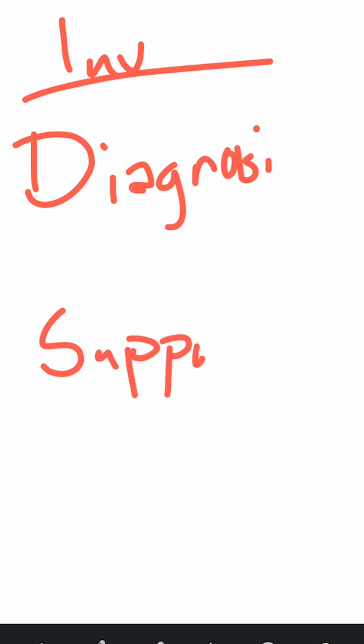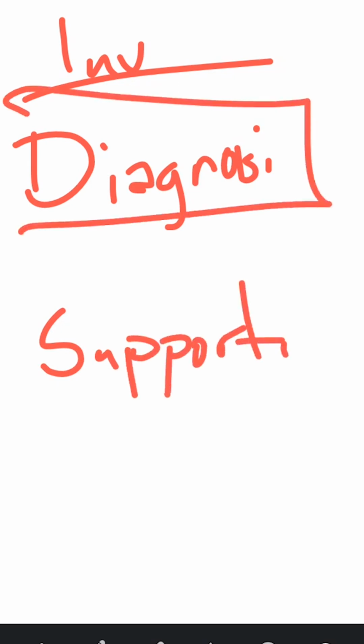Okay, so starting with the investigations of a patient who presents with SLE, the thing to note about this condition is that you have diagnostic investigations and you will have supportive investigations. So let's start with the diagnostic investigations. A patient comes to you with SLE and you want to be sure, you want to diagnose it, outside of the clinical features that you've already thought of pointing towards SLE. A good way to diagnose it is, remember in SLE, we've just been talking about these anti-nuclear antibodies that the body has produced. So the first investigation to diagnose this condition is checking for anti-nuclear